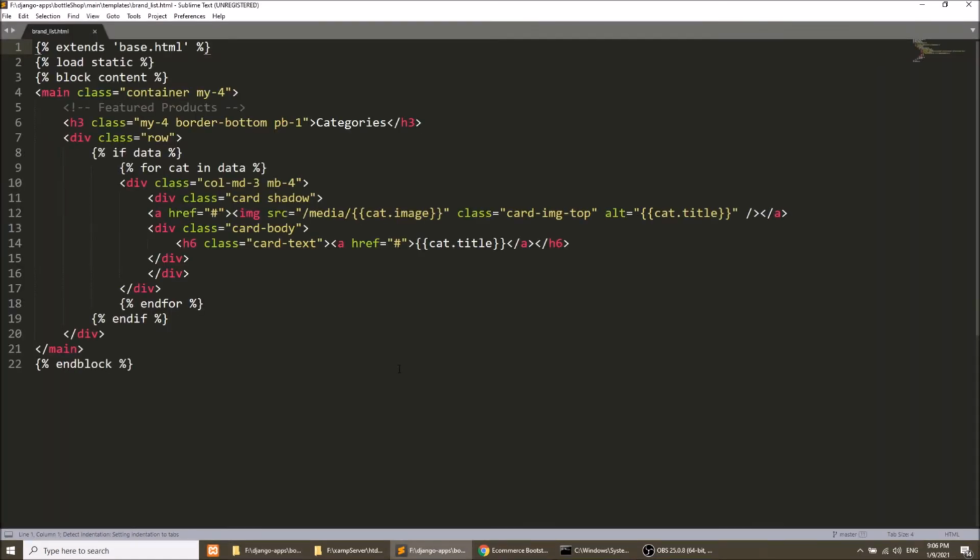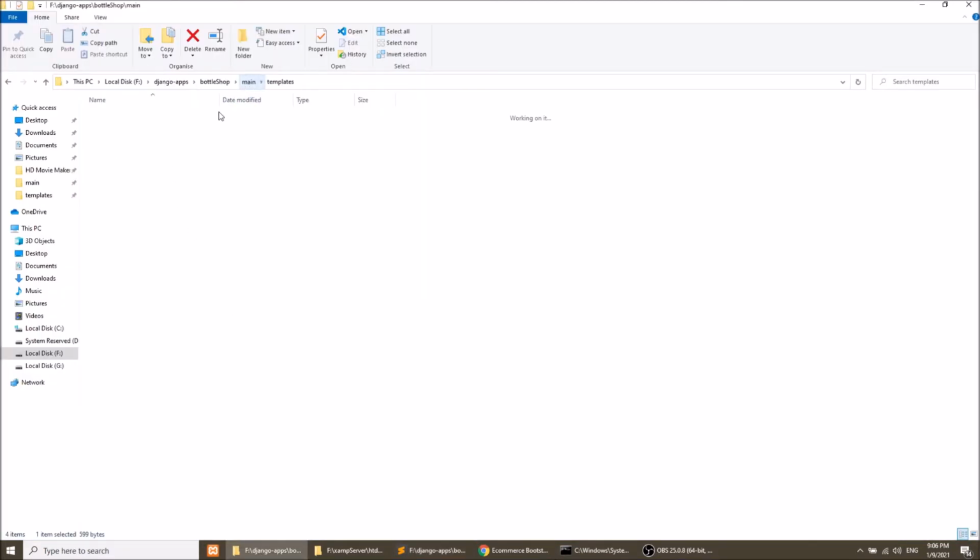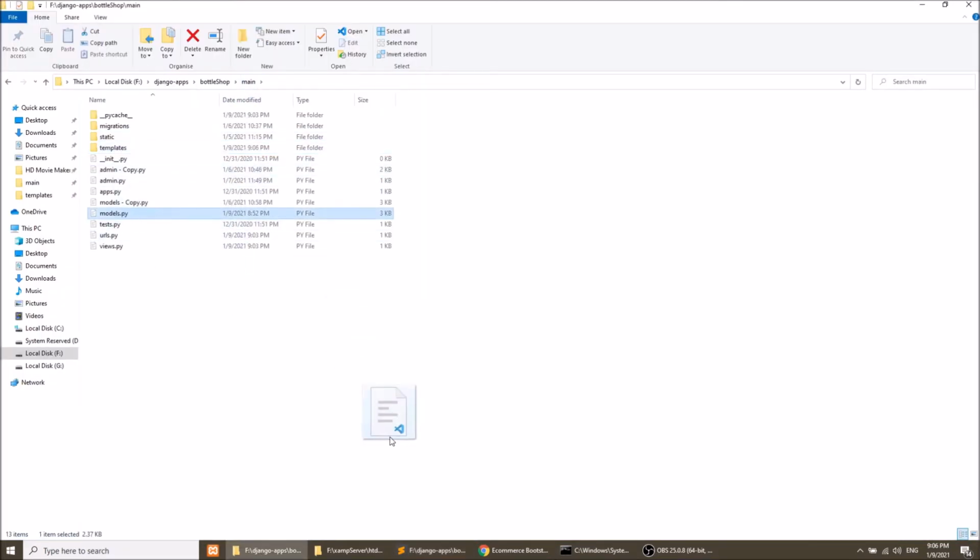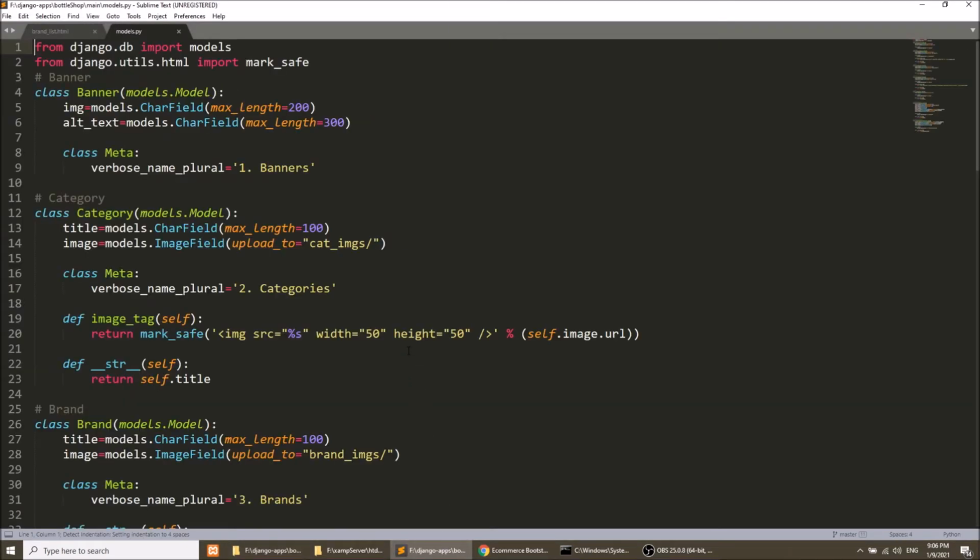Here I have opened Sublime Text, and now I will change brands, and this will be brand. This will be brand title. You can verify this field with the model. If you open the model, then you can verify this.